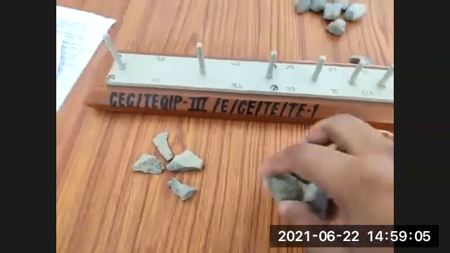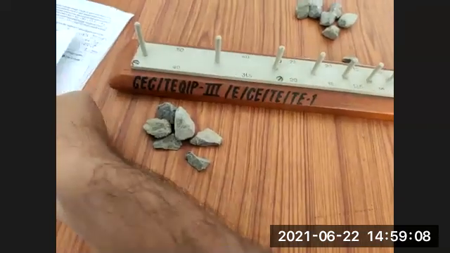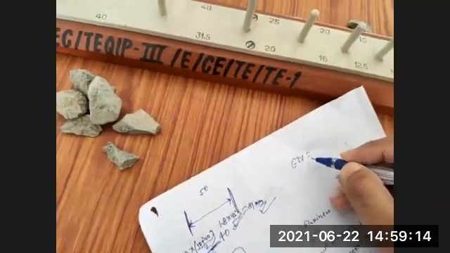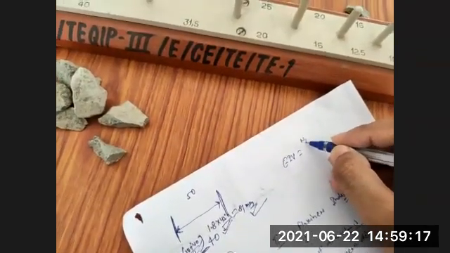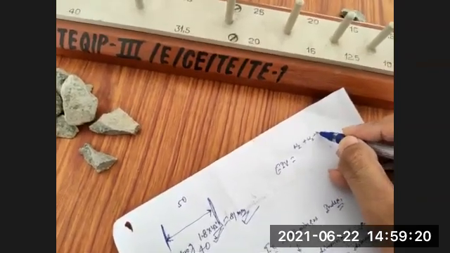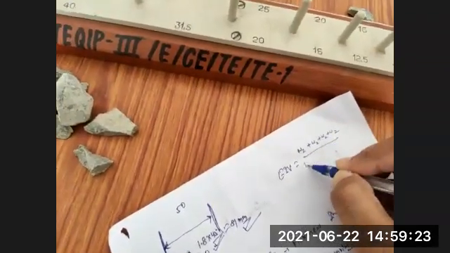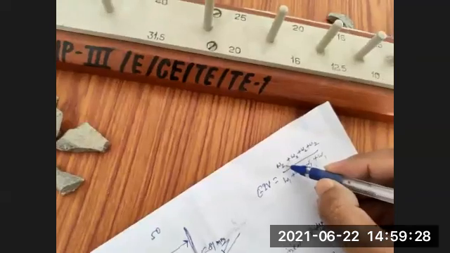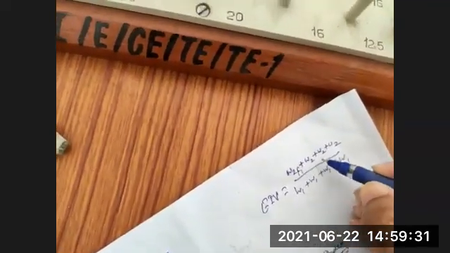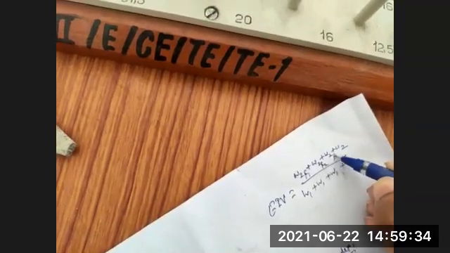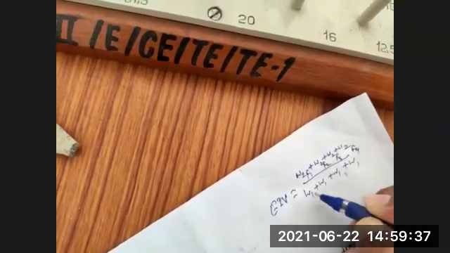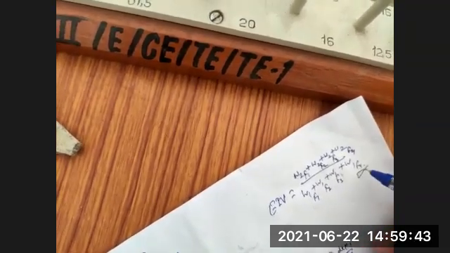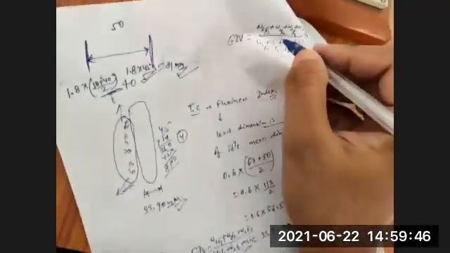So here also we develop a formula. The formula is like this: elongation index value is W2 plus W2 plus W2 plus W2 by W1 plus W1 plus W1 plus W1. So W2 is for fraction 1, this W2 is for fraction 2, this is for fraction 3, this is for fraction 4, and this W1 is for fraction 1, this is for fraction 2, this is for fraction 3, this is for fraction 4. So from this formula we find our elongation index value.